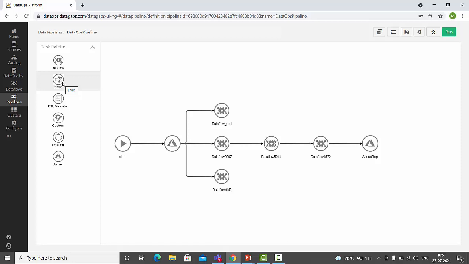So as explained in architecture, we have the DataOps server and DataOps engine. In case of AWS deployment, we'll have EMR as the engine as discussed. So that EMR is a task here. In case of pipeline, what I can do here is I can just bring up a cluster in the AWS or Azure Databricks, and I can run all the data flows in serial order or in parallel, and then I can terminate the cluster.